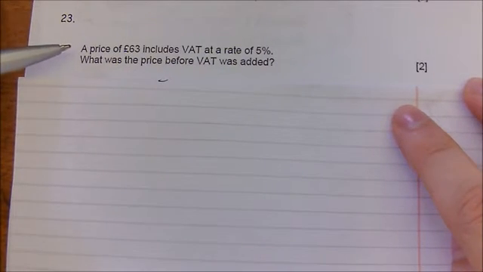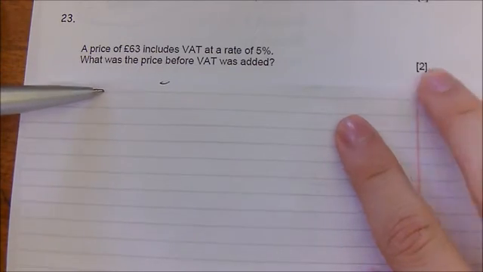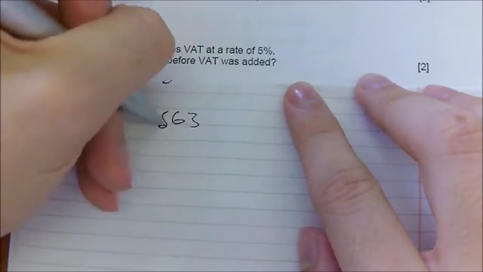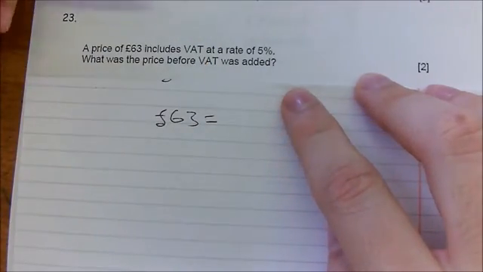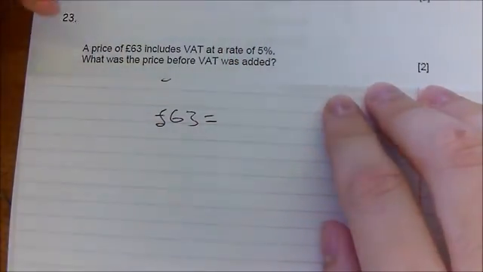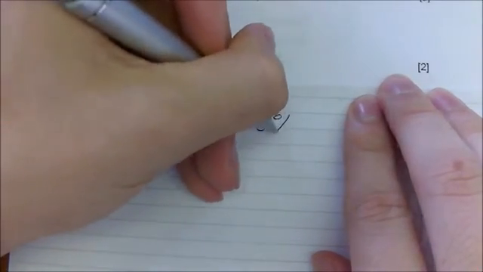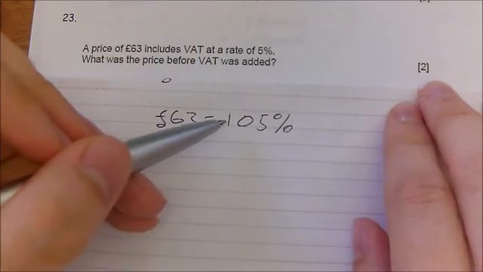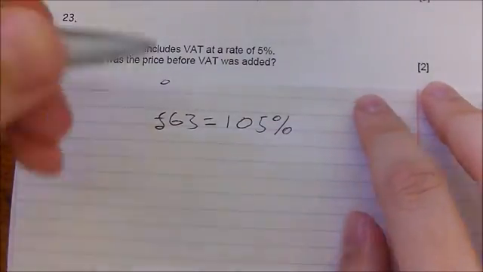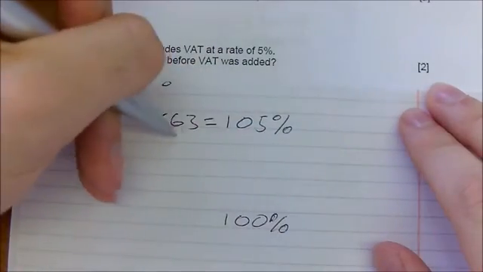Question 23 is a price of £63 includes VAT at a rate of 5%. What is the price before VAT was added? So we've got £63 represents the price of the product plus 5%, and we want to know the price of the product. So if you've got a price of the product and an extra 5%, we've got 105%. So £63 actually represents 105%. Now what we would do to work this out, as we want to find 100%, we'd have to divide by 105,